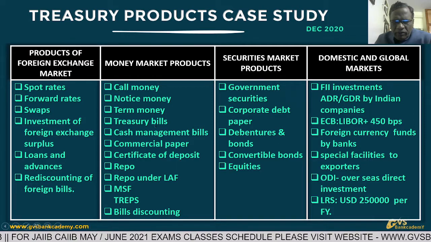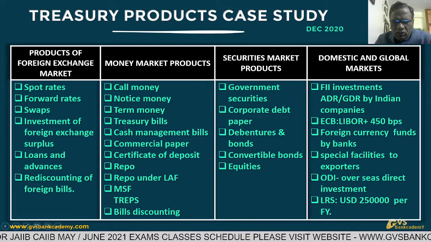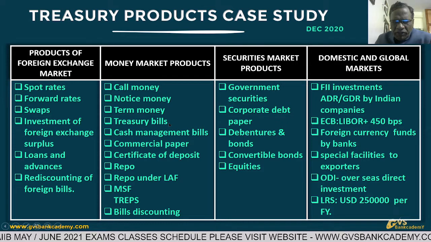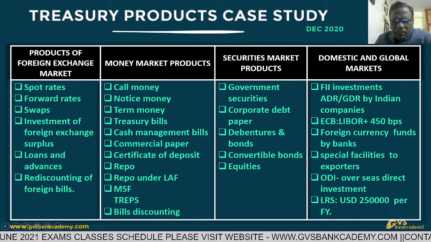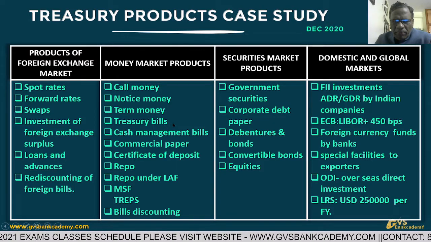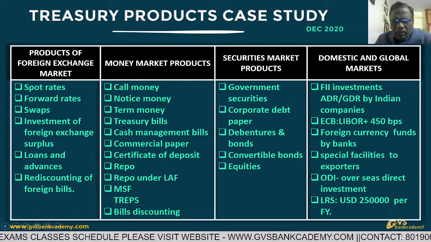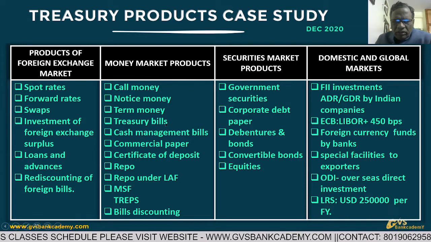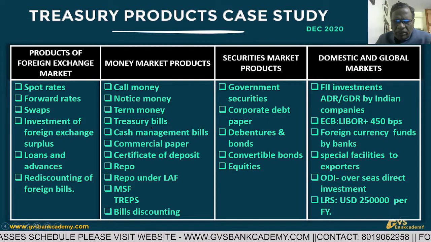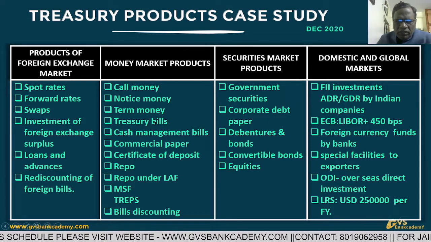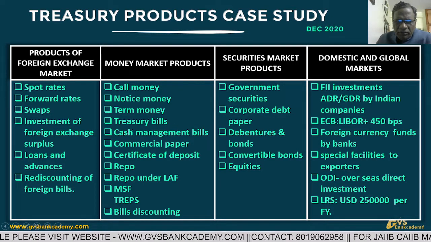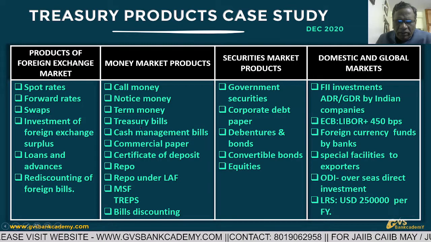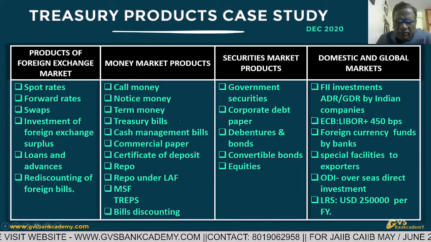Then treasury bills. Government of India issues treasury bills through the Reserve Bank of India Public Debt Office for 91 days, 182 days and 364 days. These are the maturity periods. Minimum investment in treasury bills is 25,000. Face value is 100 rupees. Treasury bills are eligible for SLR securities. Treasury bills are issued at a discount. On maturity, the Reserve Bank pays the face value of the treasury bill. This is about treasury bills.